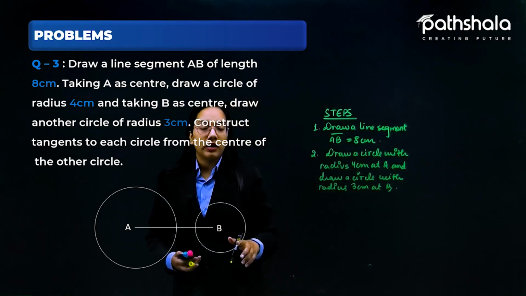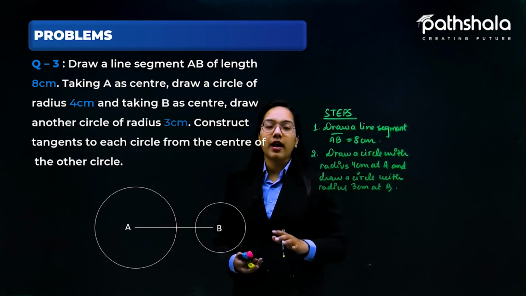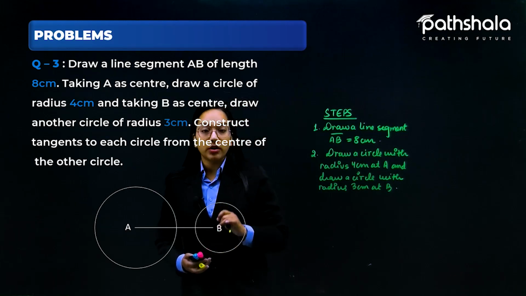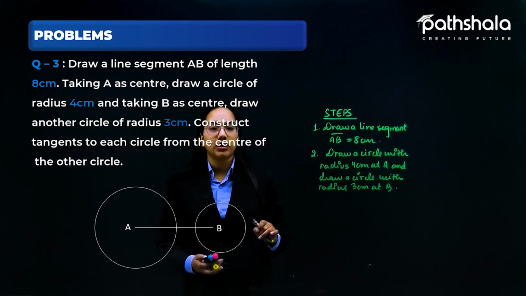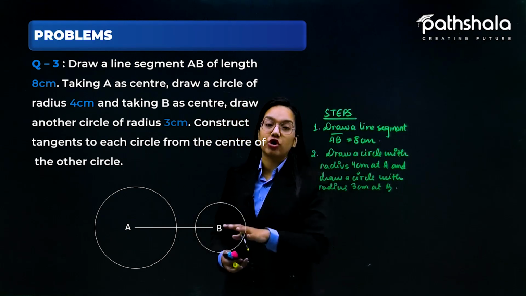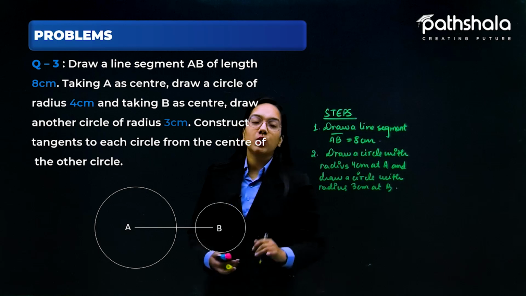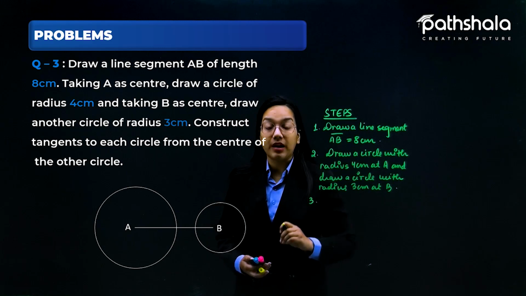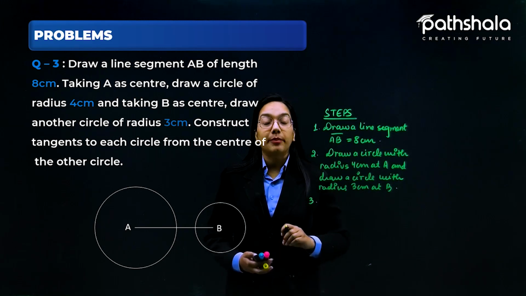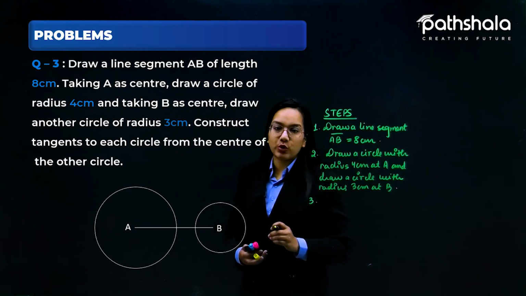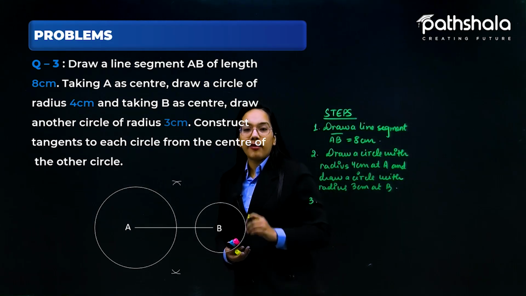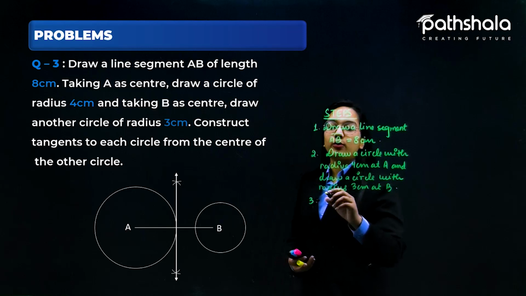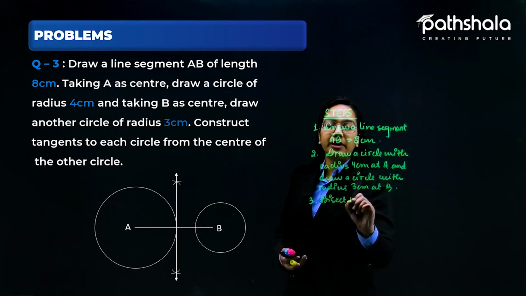So I have drawn a circle here at the point B, taking B as a center with a radius of 3 cm. Now the further step is that we want to construct the tangents to each circle, to this circle as well as this circle. My third step is that we have to bisect AB. How can we bisect AB? We know that we have to draw the perpendicular bisector of AB. Using A and B as centers, I am forming the perpendicular bisector of AB in such a manner. So the third step is to bisect AB